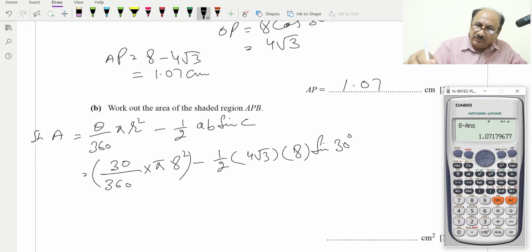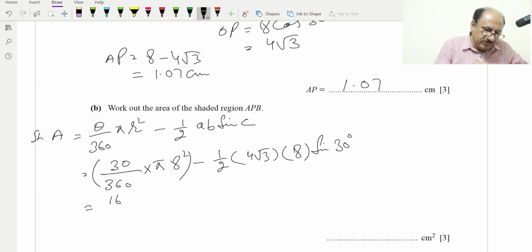So this will be what? This will be 30 divided by 360 multiply by pi, and multiply by 8 squared,